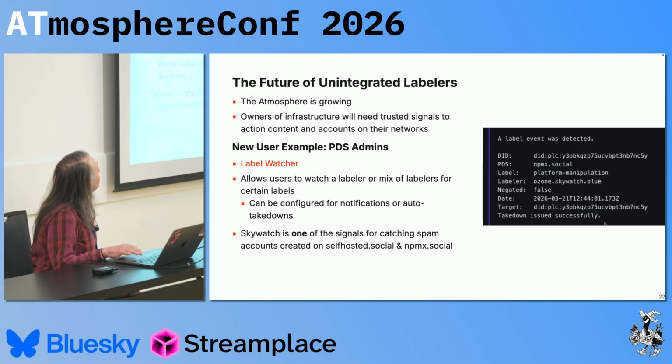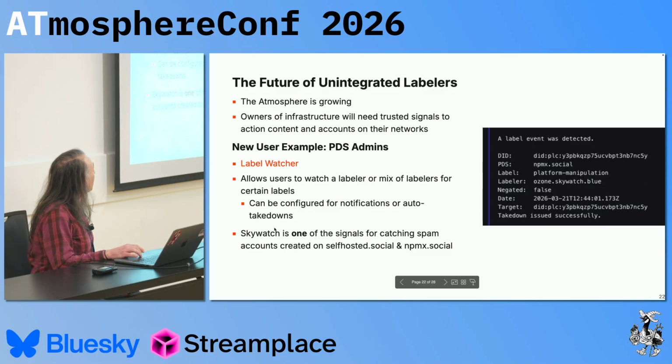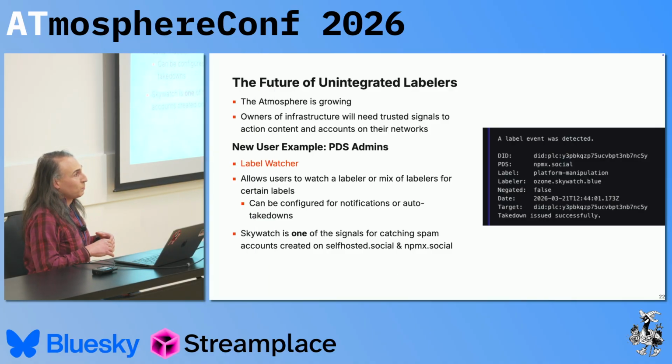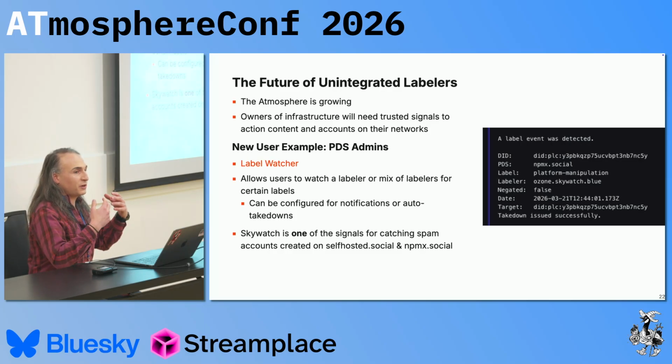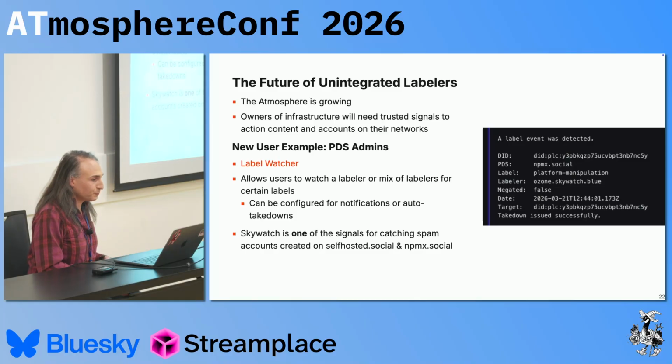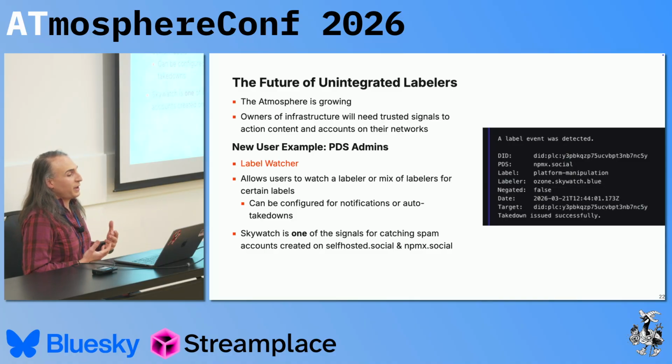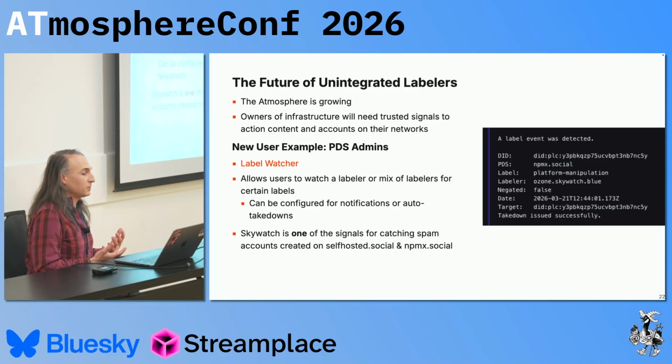So what is the future of unintegrated labelers? By unintegrated labelers, I mean what Skywatch is. We are not affiliated with a set of PDSs or an app view in the way that Bluesky is or that BlackSky is. My theory is that because the atmosphere is growing, not every application or PDS admin or relay owner is going to want to set up their own full stack moderation service. They're going to need trusted signals to action content and accounts on their network. A great example